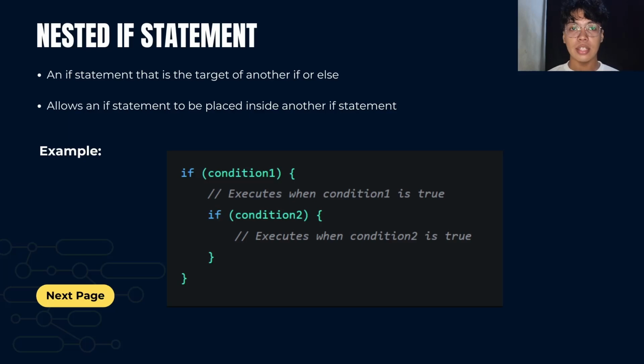Next is the nested if statement. An if statement that is the target of another if or else allows an if statement to be placed inside another if statement. So, a nested if statement is simply one if inside another. It's useful when you need to check another condition only if the first one is true. For example,